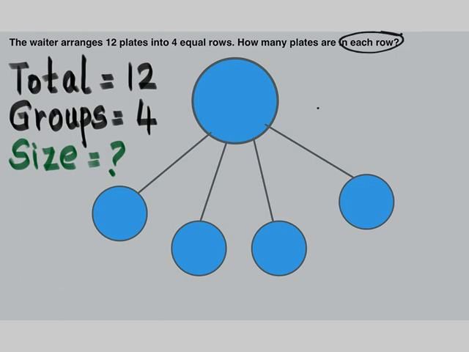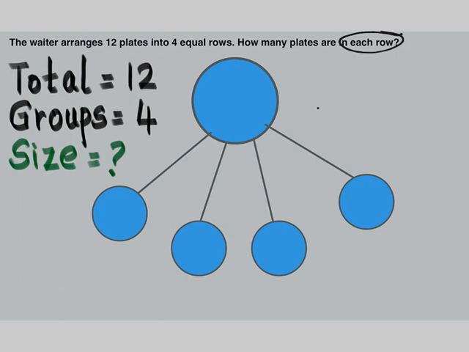Since we have to find the size, we have to go for a division number sentence. If we don't know the groups, again we will go for the division number sentence. But if we don't know the total, then we go for the multiplication number sentence. Okay, so